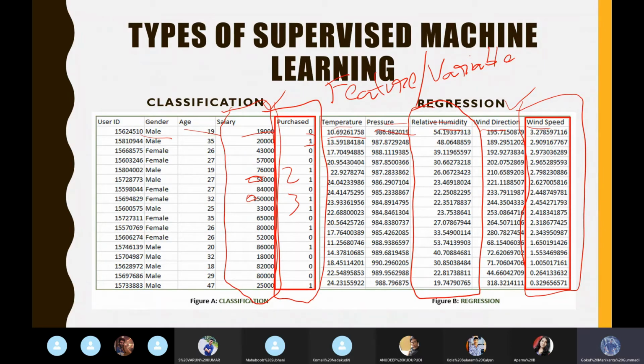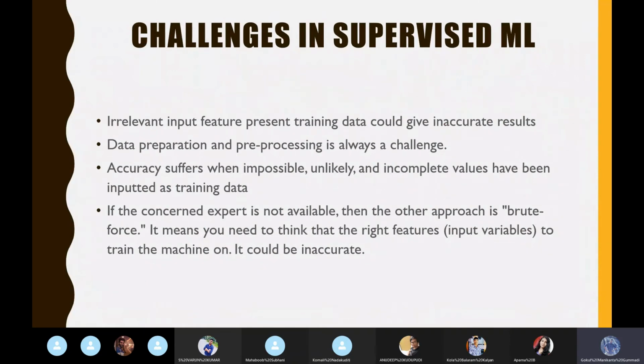Such expertise will always come with experience, and we can also find it in documentation, research articles, and textbooks. This is where you will find which features are important to be used in which prediction models. So that is compulsory to keep in mind: always reach out to an expert before finalizing which features to include as factors.